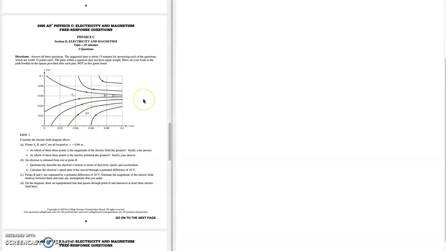Well, the density of electric field lines, how close they are together, is a measure of how strong the electric field is. Remember, this is just a visualization of the effects that we see. If we put a positive test charge at point D, how is it going to move? It's going to move up and to the right. The closer the electric field lines are, the stronger the electric field is. So point C, farthest along the x-axis, is where the electric field lines are the densest. So that's where the electric field is greatest. So C,